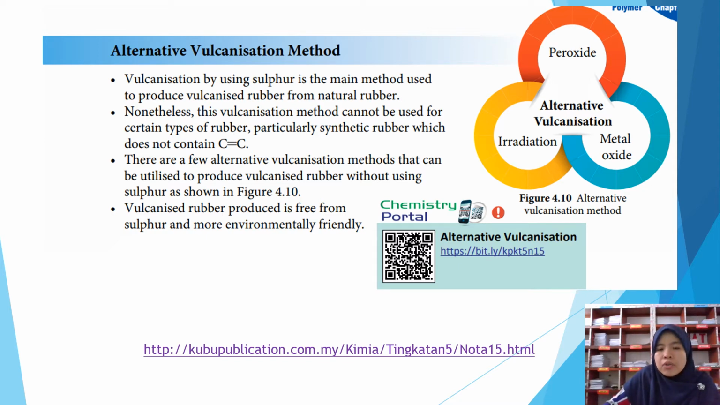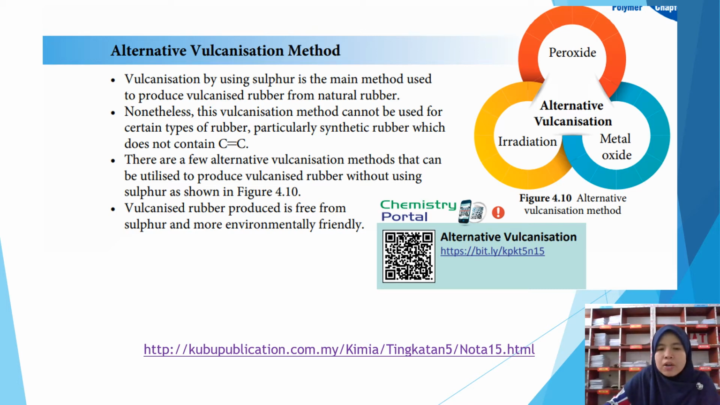Okay, so here we have three types of alternative vulcanization, which is we can use the peroxide, we can use the irradiation, okay, or we can use the metal oxide to vulcanize the rubber, natural rubber. Vulcanized rubber produced is free from sulfur and more